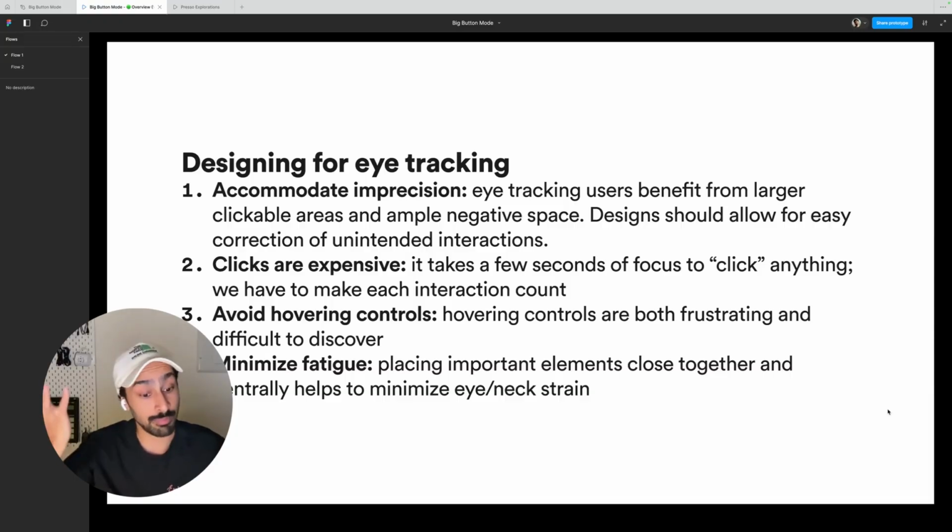And then you use speech recognition to click. So you'll say click, and you wait 3 seconds for it to understand you said click and then actually click for you. It's a really long time to make a click. Or the second way you do it is by using an auto clicker. And what you do there is when the mouse stops moving, if it stays in the same place for a specific amount of time, it'll click for you. So again, no matter what, clicks take a long time.